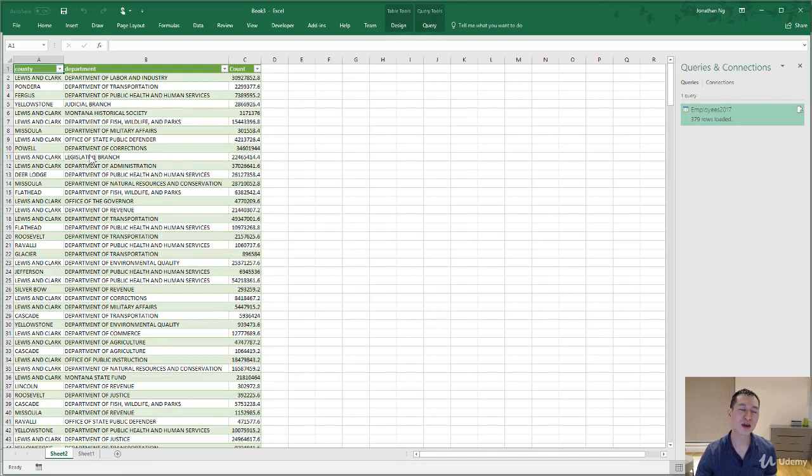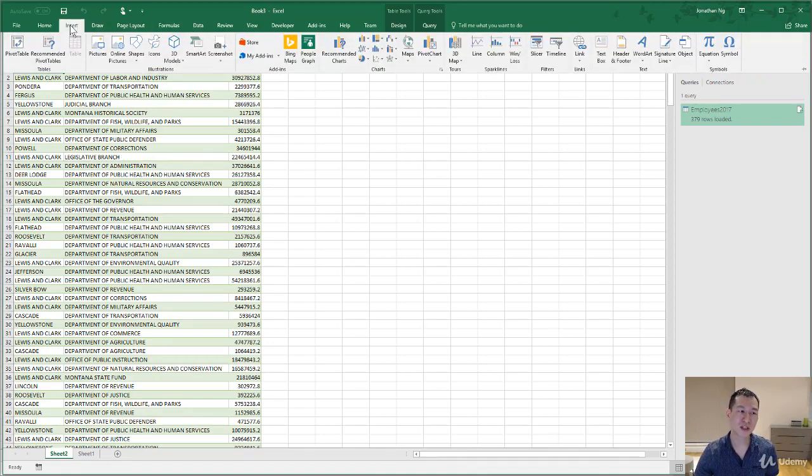Note that this is also a really useful feature if the dataset that you're working with is basically too big to load into Excel. You can pre-aggregate it and make it smaller to make it easier to work with. But now we have the data in the exact format that we need to create a tree map or a sunburst diagram. We can come over to the Insert tab,